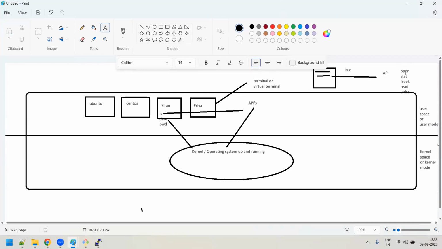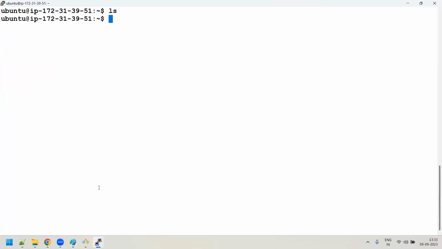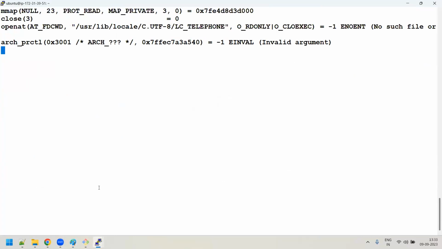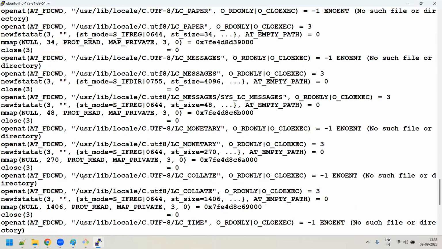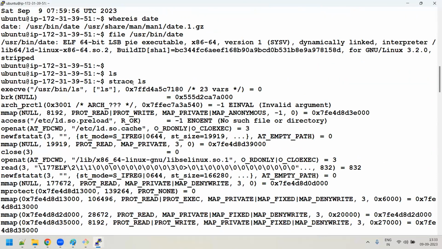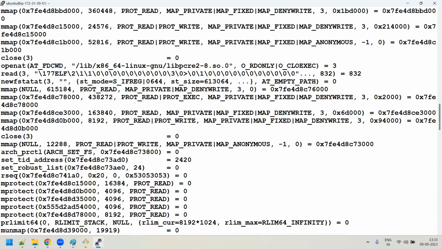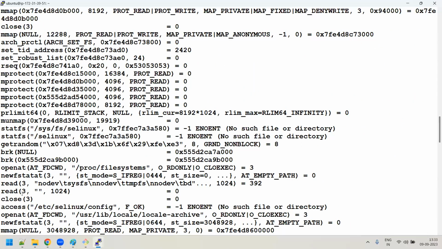You can even trace what APIs are used. How to trace it? See here, I'm executing the ls command. Nothing is displayed because there are no files in the directory. Suppose I want to trace it. Let me check if strace is there. See, guys, when I'm running strace and giving an ls command, it is actually displaying what APIs are being used to implement this ls command. See, it is calling execve, brk, the mmap function, open, read system call, mmap API, write system call, read, access, close. Oh my God, these are all APIs.